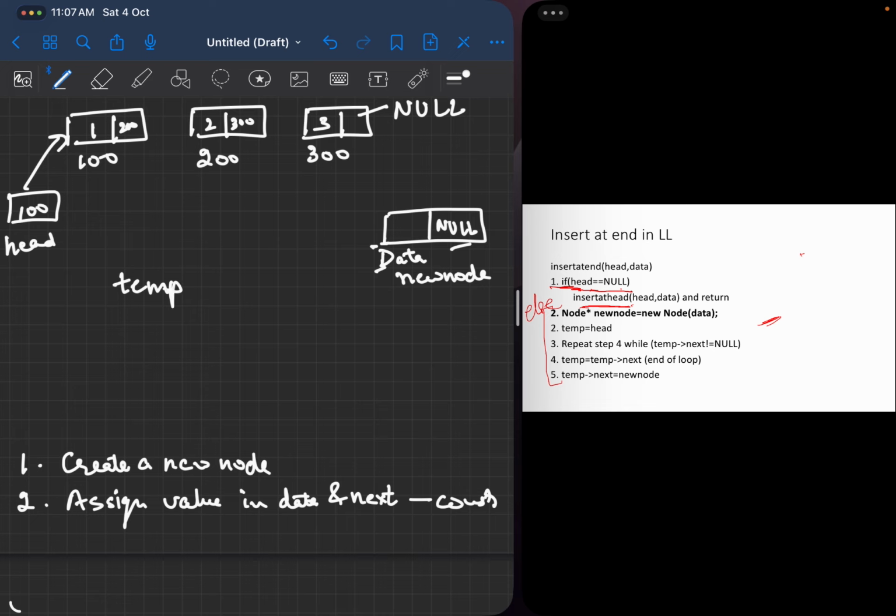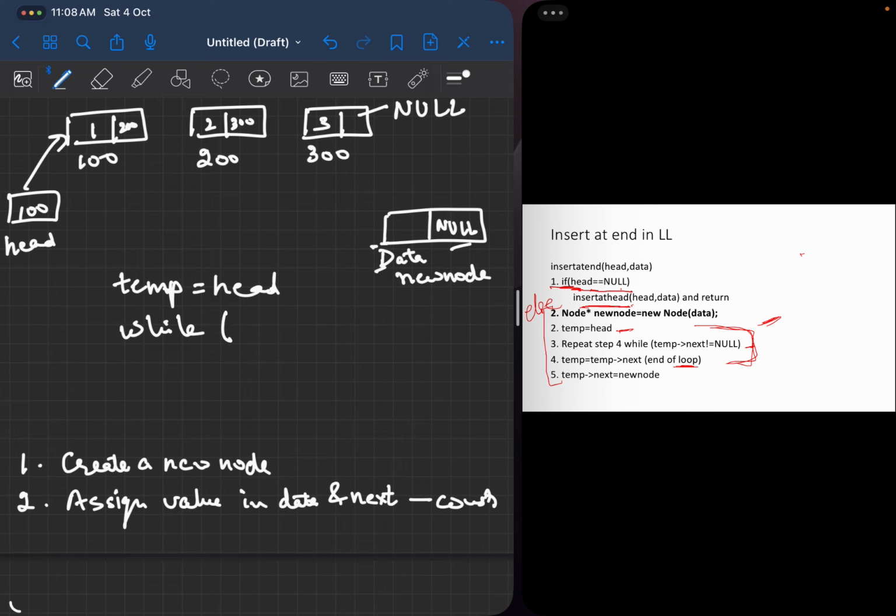These are the 3 steps we've already covered in traversal. Again, I will take the temporary variable and initialize it to head. These are the same steps we do in the traversal part; these 3 steps again have to be written down. First step is temp is equal to head. Second, I will implement a while loop. What is the terminating condition?